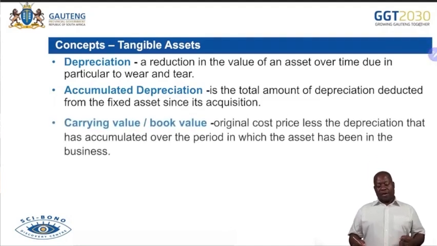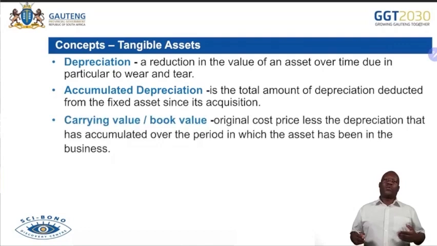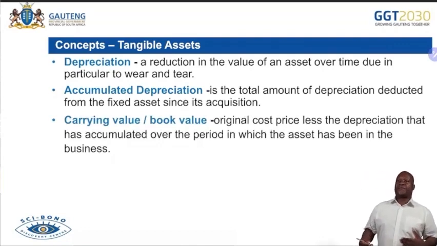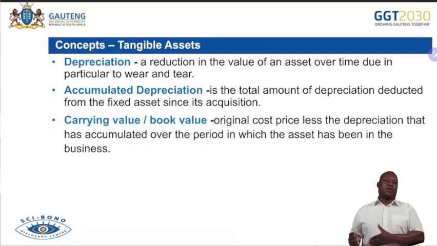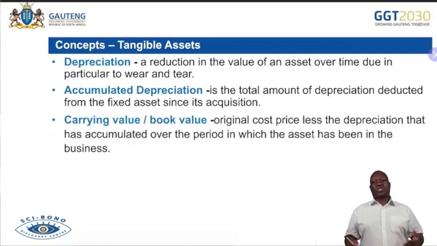And then we have got the carrying value, or sometimes referred to as the book value. Now, this is the difference between our cost price and accumulated depreciation. We are saying the cost price of an asset less total value lost. Cost minus total value lost. Cost minus accumulated depreciation. That gives us the carrying value. So it's the original cost price less the depreciation that is accumulated over the period of the life of the